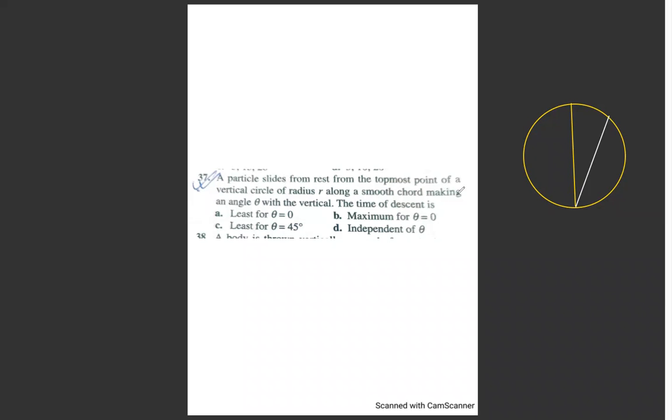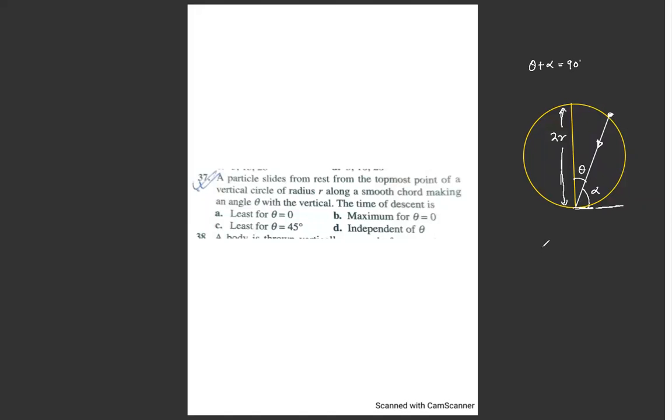Okay. So the circle is having a radius of r, so the diameter is 2r. This angle is given as theta. Can we treat it as an inclined plane having an inclination of alpha, where theta plus alpha is equal to 90 degrees? Now the bead has started from rest and it will start to fall down. It is just like a particle that is sliding on an inclined plane.